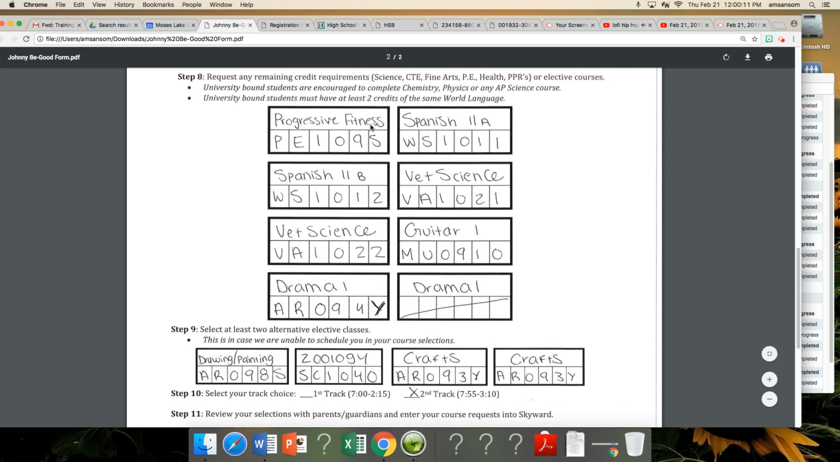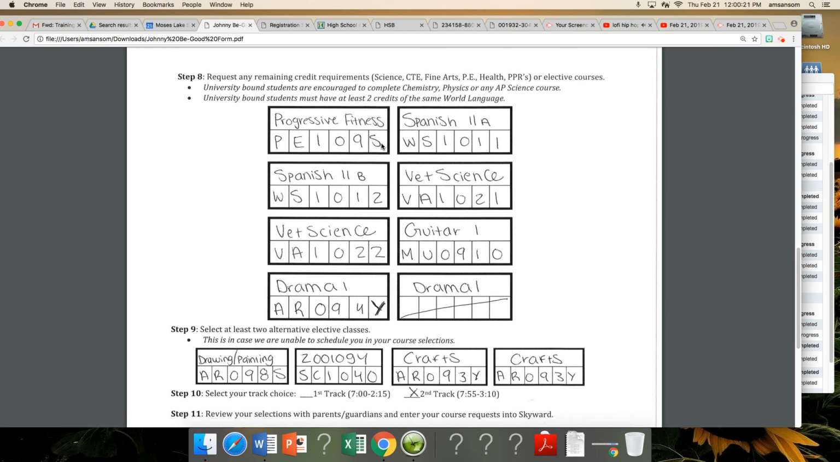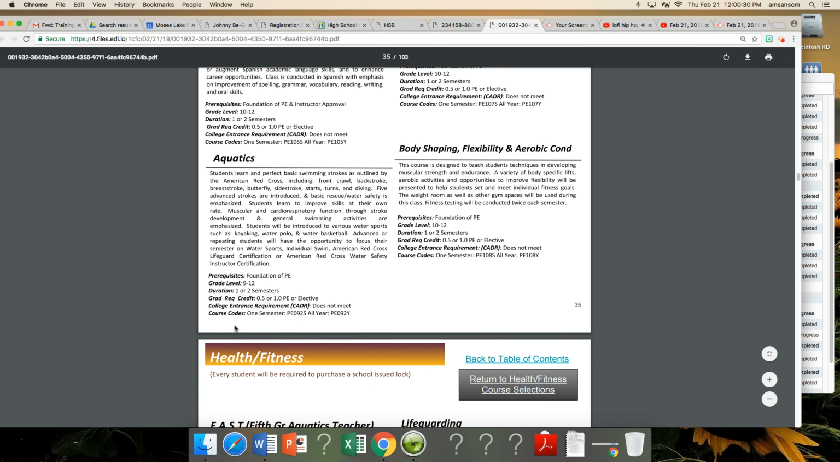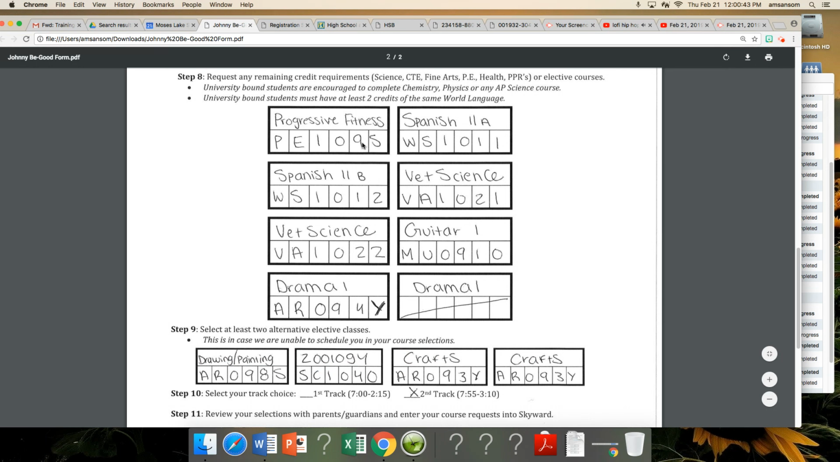So he puts in Progressive Fitness with the corresponding course code with an S. This S is important right here because that means he's going to take it for a semester. Some classes are offered year long and some courses are offered for a semester. You can take a year or a semester. So let's look back at the course guide. For example, aquatics. Right here down at the course code, you see that one semester has an S at the end, or you can take aquatics for all year, in which you will put a Y at the end. So Johnny just wants to take Progressive Fitness for a semester, fulfill his half a credit, and so he puts